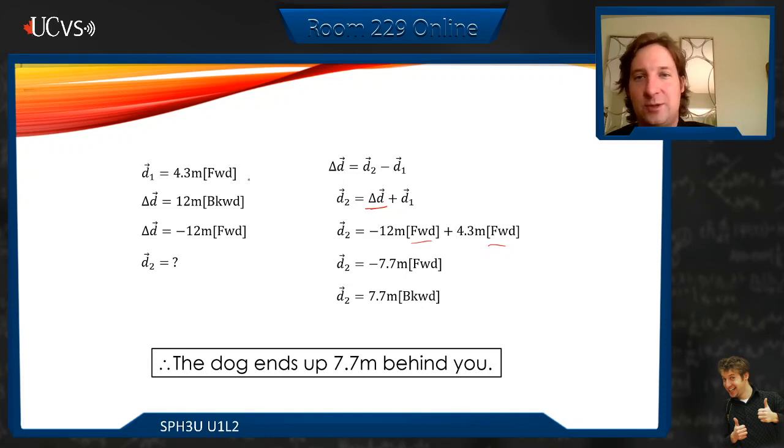We can't add these two numbers here. We're going to get 16.3 again, which is wrong. We cannot add or subtract these numbers because they're in different frames of reference. We have to be in a consistent frame of reference. This does bring up an interesting point that we have to be consistent, but there is no correct frame of